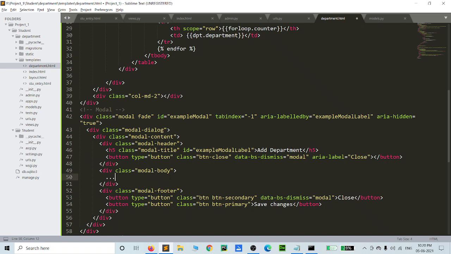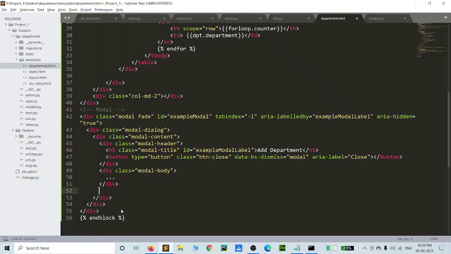Here is the modal body, we don't need the modal footer here. Here we can create our form section because this is a form method. Action, then method equal to post. The action will be the same, redirecting to these pages.